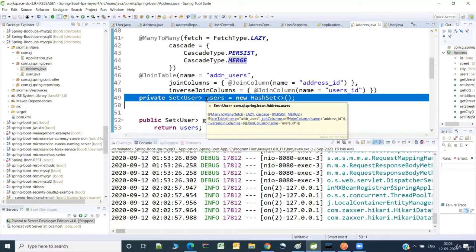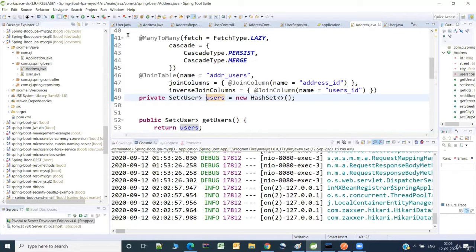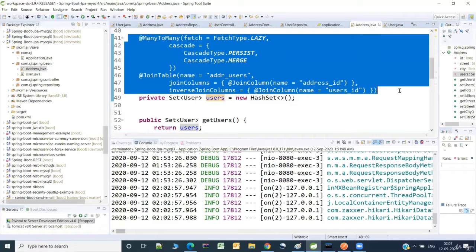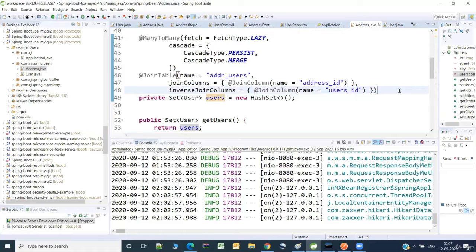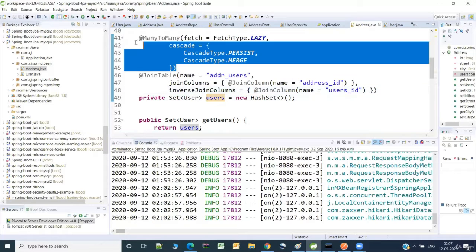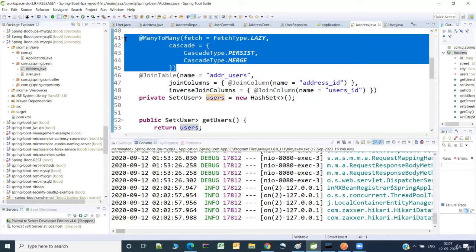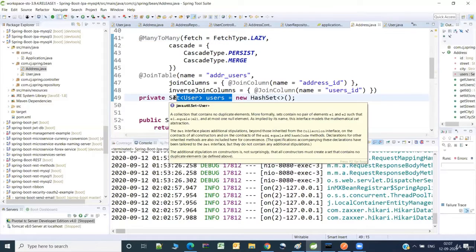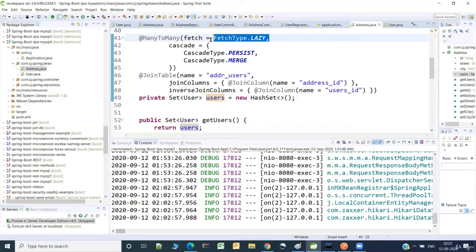Along with this, we are specifying all this. So what does this mean? First let us focus only on this many to many. We are already aware it is a many to many relationship between the address and the users. And fetch type lazy, as already known, there are two different fetch types, lazy and eager.